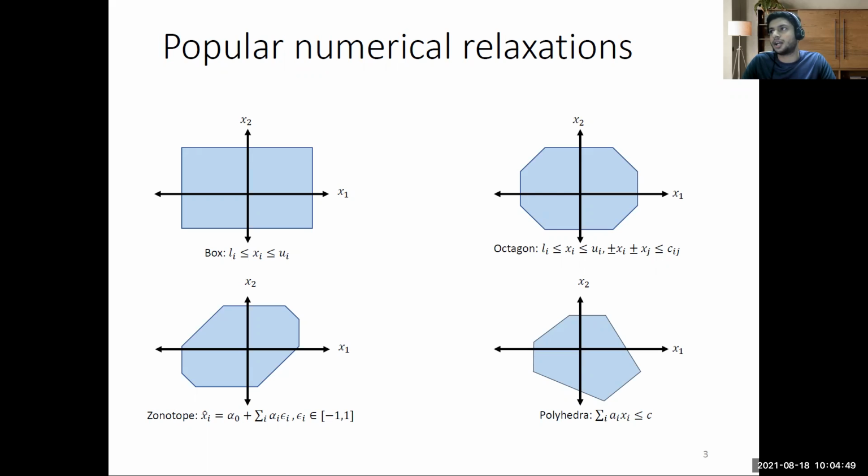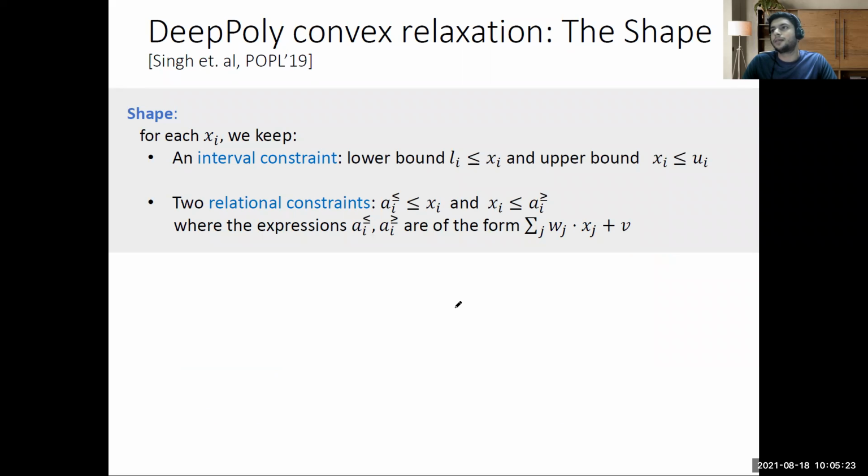So these are some kind of convex approximations. We discussed box, we discussed zonotope. Ideally, what we want to achieve is some kind of polyhedra, which is a very precise shape for approximating the inputs. But these are very expensive because there are too many constraints that we have to define. That's why we look for some scalable shapes, and we are exploring box, zonotope, and now we'll be looking at polytope.